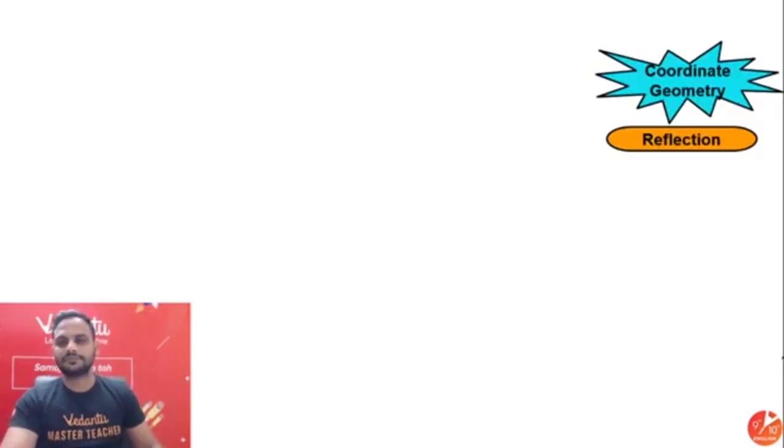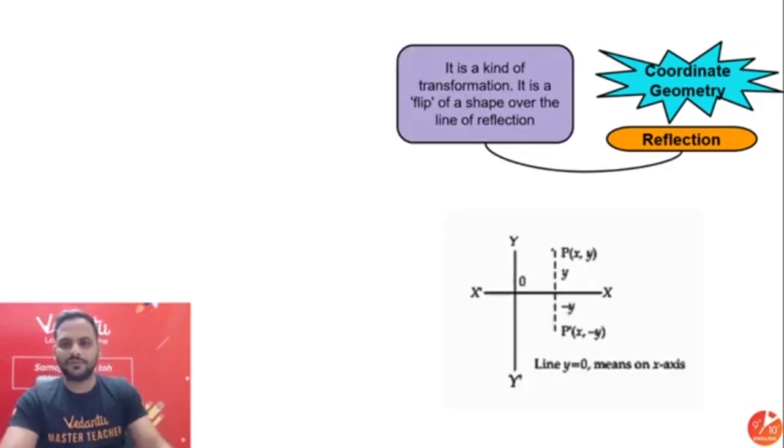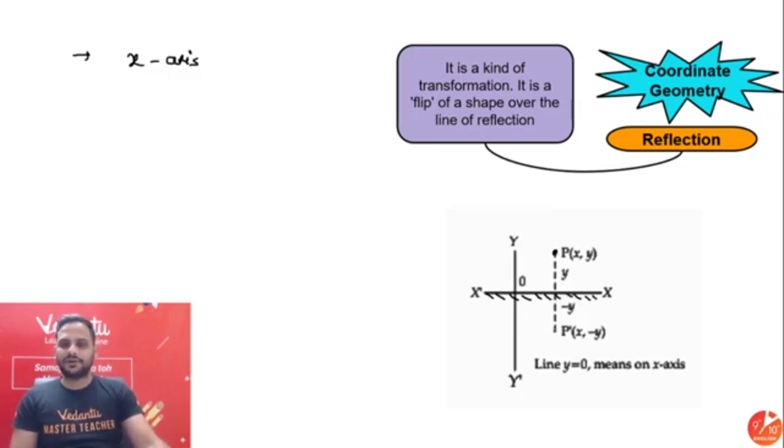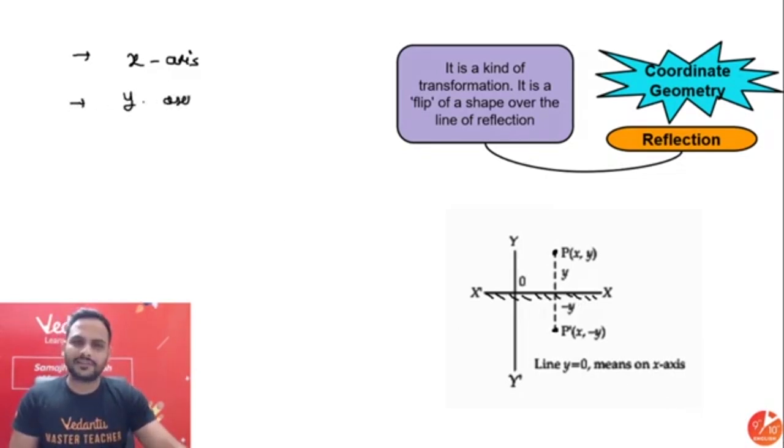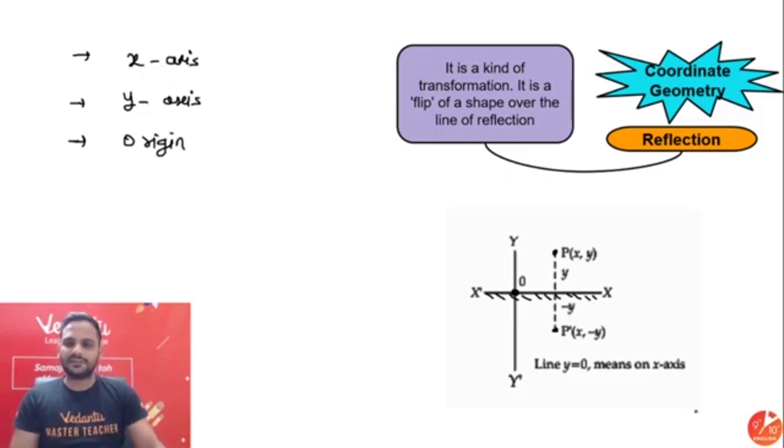All right. After that, there is a small topic called reflection. So in reflection, suppose we have been given a point P. We can do its reflection in three ways. Okay, one is along x-axis. That means the x-axis will be treated as your mirror, and then P's image you will get over here, P dash. Second reflection you can do is along y-axis. In that you will treat your y-axis as your mirror. And the third reflection we can do is along origin.